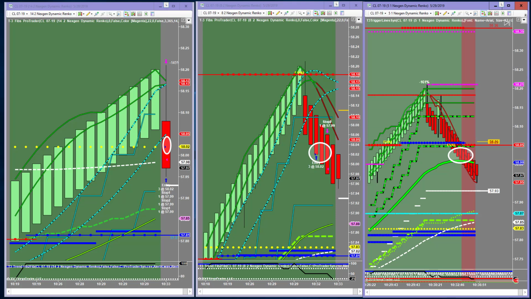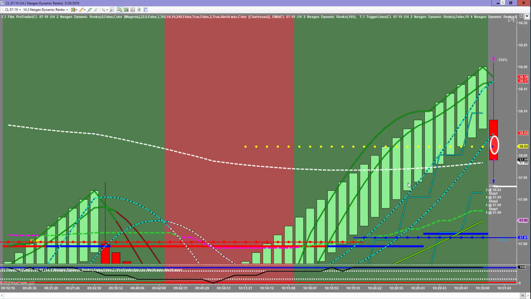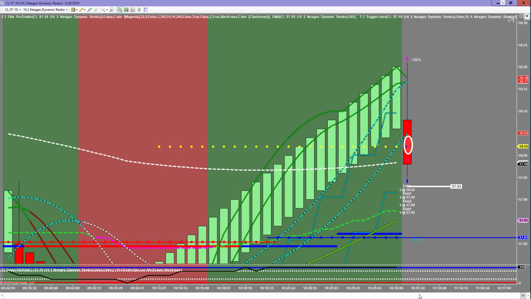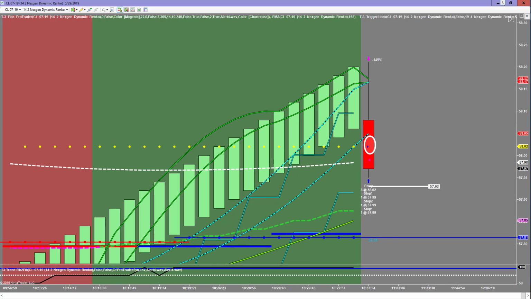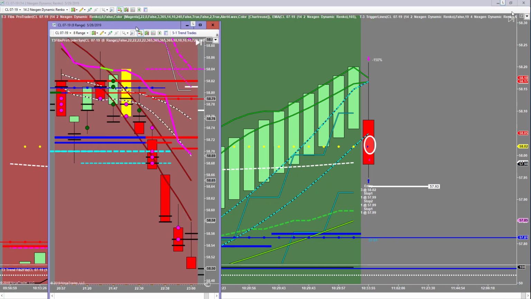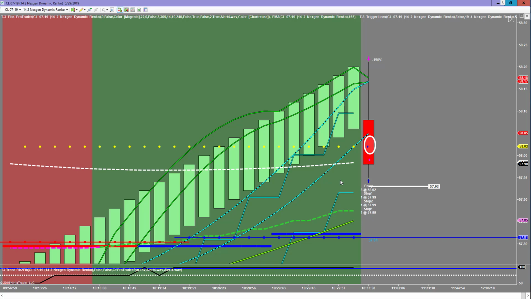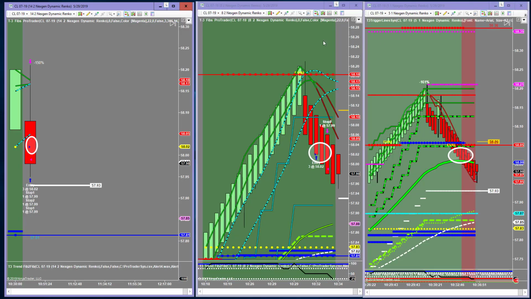You had a long trade on the ES. Let me take a look at the ES here real quick. And again, look, the large chart still suggests that we should be going long, correct? So this is where, because the 8-2 chart is red and going down, you may say, hey, look, before I